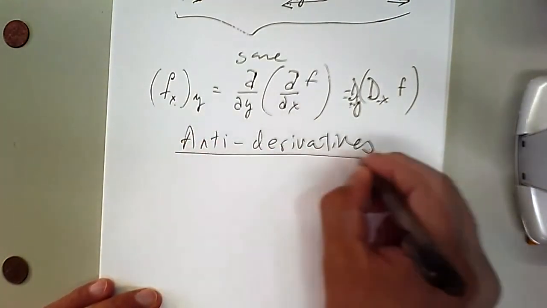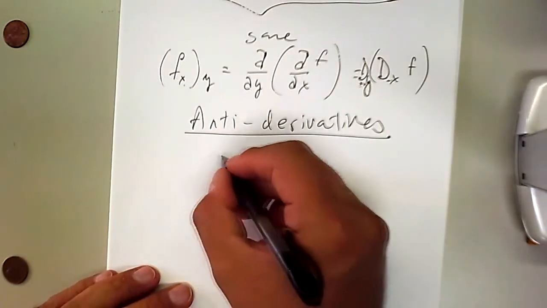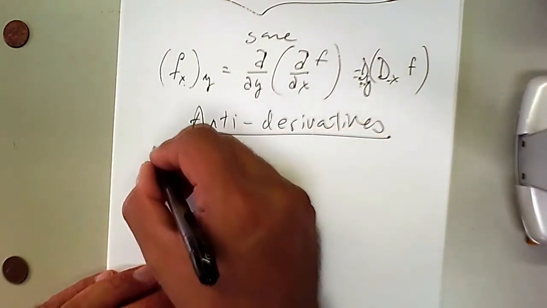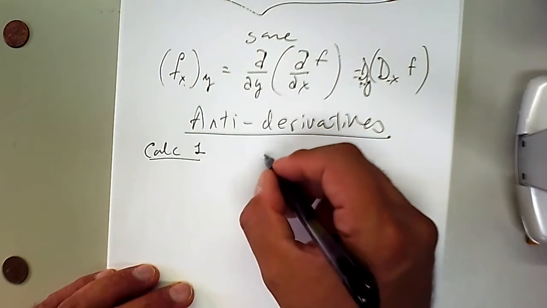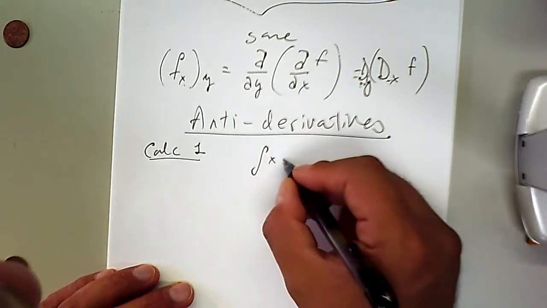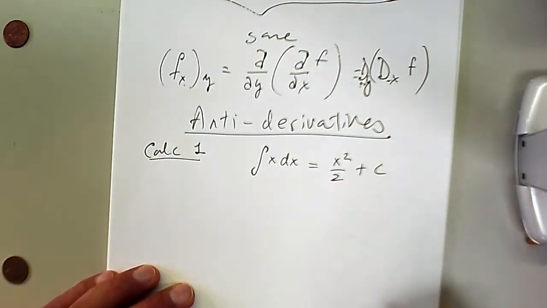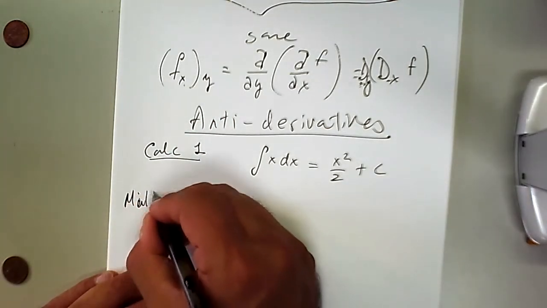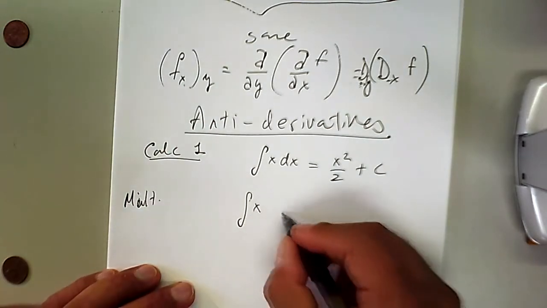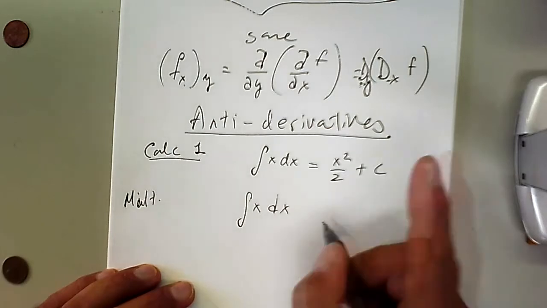As you know, in Calc 1, if we wanted the antiderivative of x with respect to x, the answer is, of course, x squared divided by 2 plus the generic constant. But in multivariable calculus, the antiderivative of x with respect to x, assuming that we have two variables, x and y,